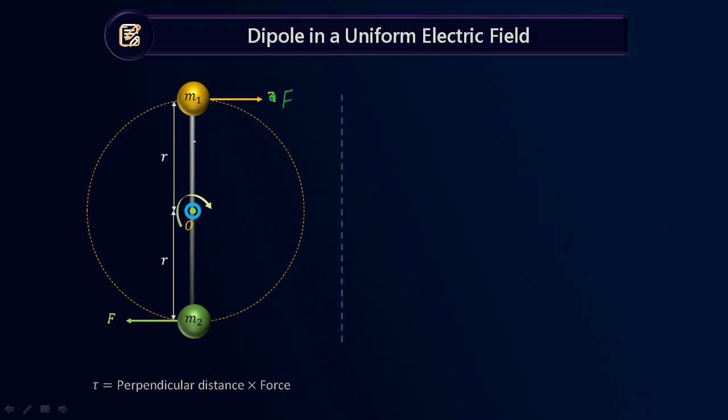Let us say that there are two masses m1 and m2, and they are connected by a rod of length r and r. Now if I apply force like this on m1 towards the right side, and on m2 towards the left side, what will be F net on this system of two masses? F is on the right side and F is on the left side, so F net will be F minus F, that will be equal to 0, right? Now if I ask you torque due to this force, can you tell me torque net is 0 or not?